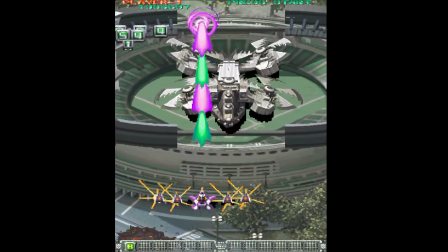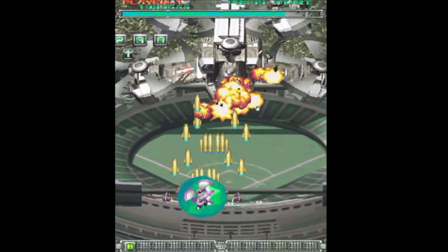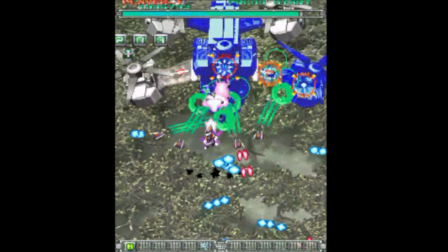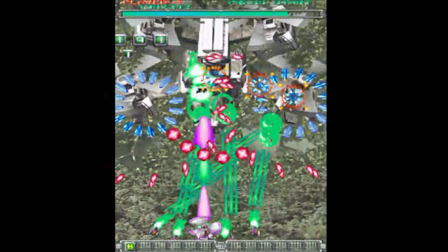Now, moving into the first boss here, big thanks to Andy D for helping with the captures on this one, because I've had a hell of a week in the last week with a lot of stuff going on, both positive and negative, so I try to keep up best I can, but he definitely helped me out getting a